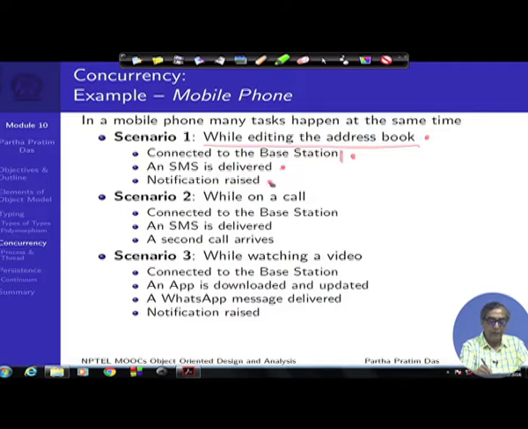So, that notification raise has to happen. If you look into all of these, they will need to happen concurrently. There is no specific ordering strictly between all of them. Of course, SMS being delivered will be followed by a notification, so there is an ordering there, but there is no specific ordering in terms of how much I edit in the address book and